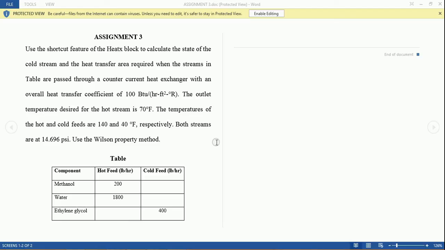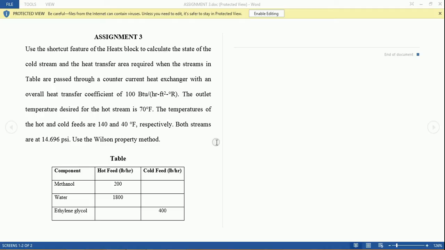Today we will be performing a simulation. As you can see on the screen, this is our question. Today I'll be teaching you how you can perform a simulation given that some of the data provided to us is incorrect. So, looking at the question, use the shortcut features of the HeatX block to calculate the